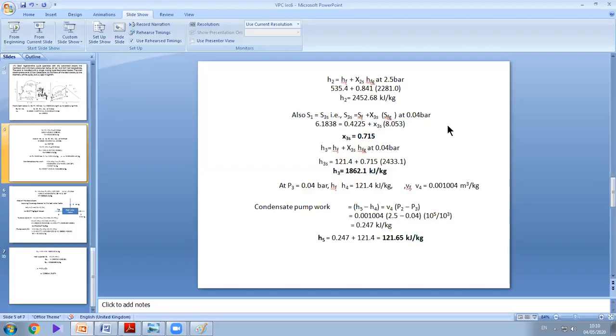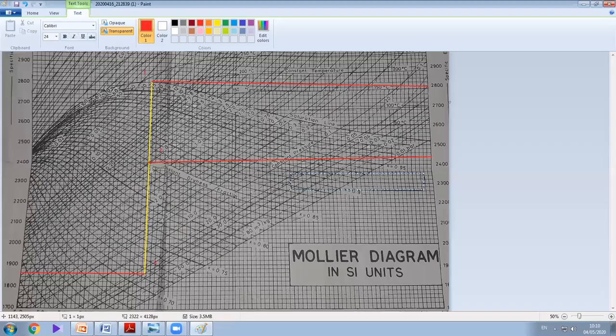See, there, in a value of 2450, if there is a difference of 10 divisions, I hope you know what the percentage error is. Percentage error is very less. It will not make much of a difference. Here, when you are finding H2 in the Mollier diagram, if you want, you can also find out the